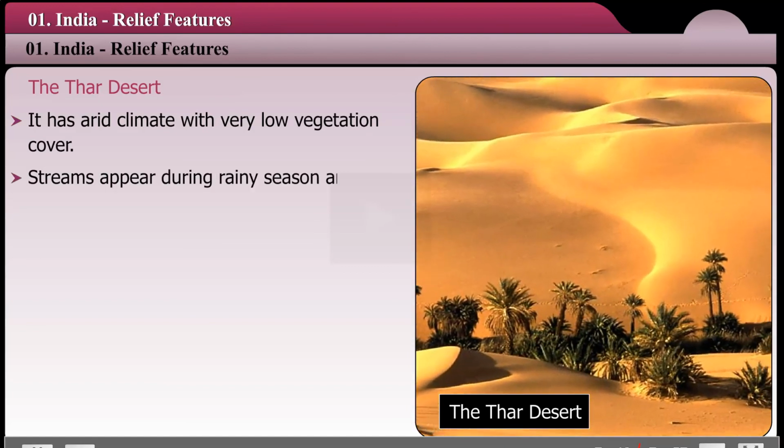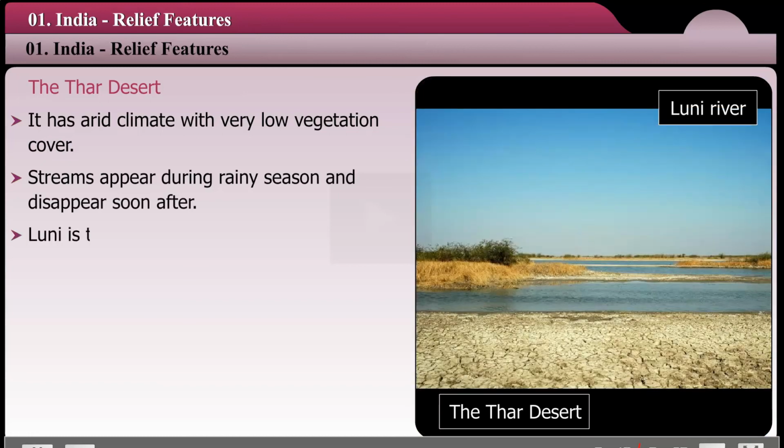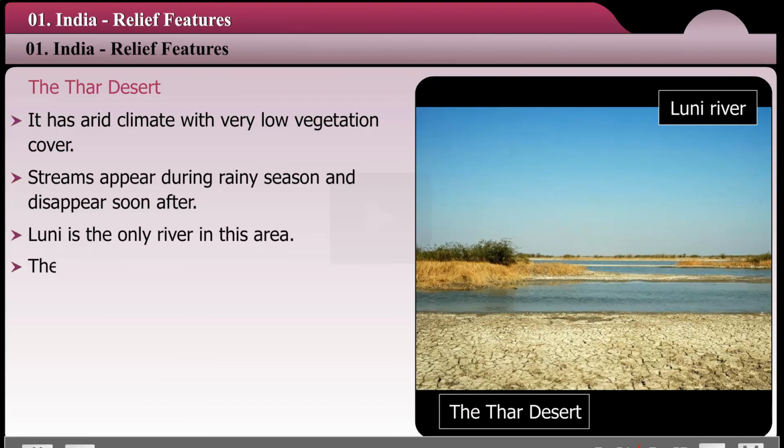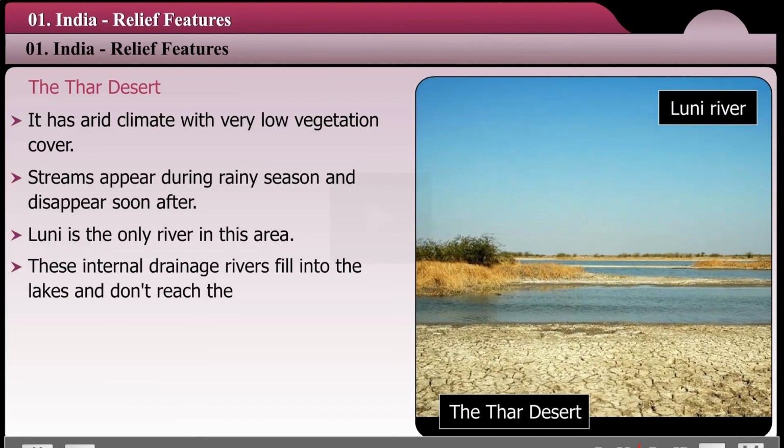Streams appear during rainy season and disappear soon after. Luni is the only river in this area. These internal drainage rivers flow into the lakes and don't reach the